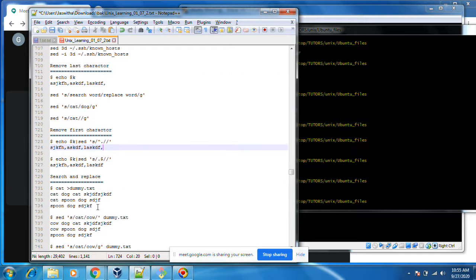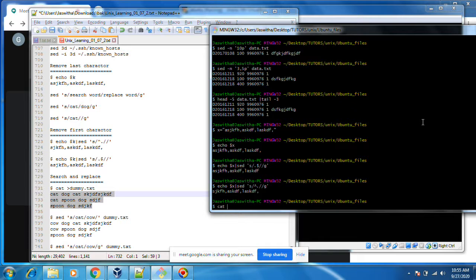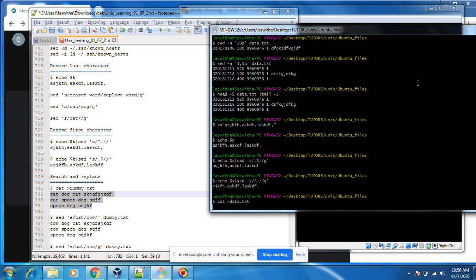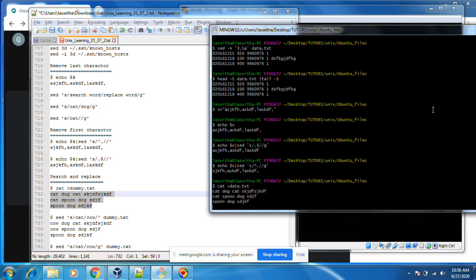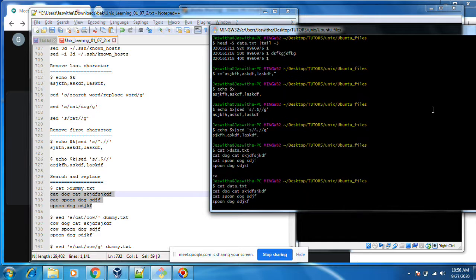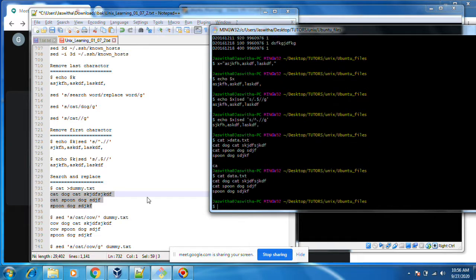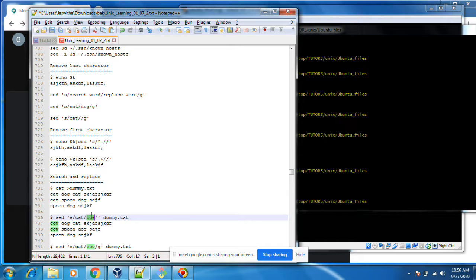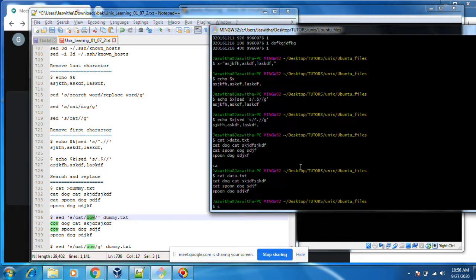Okay, I want to do search and replace. Let's create some file with cat greater than data.txt. I want to replace cat with cow. sed 's/cat/cow/'.